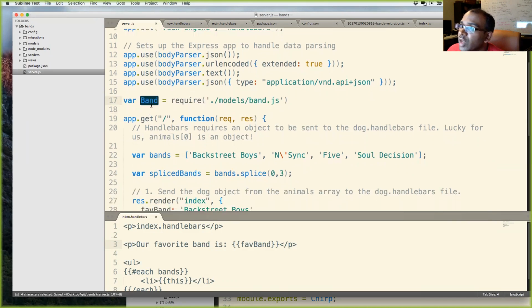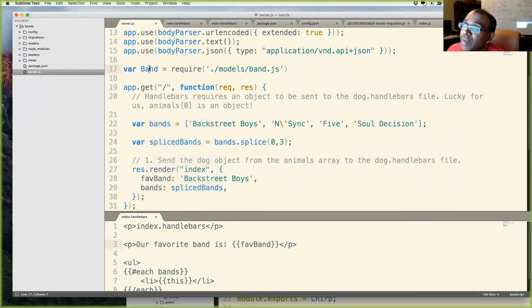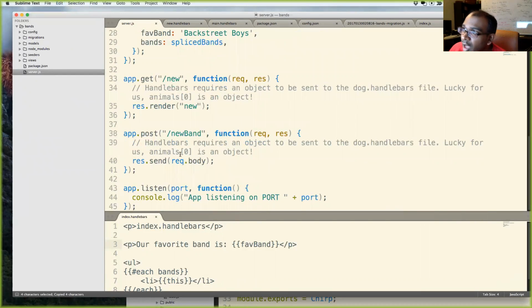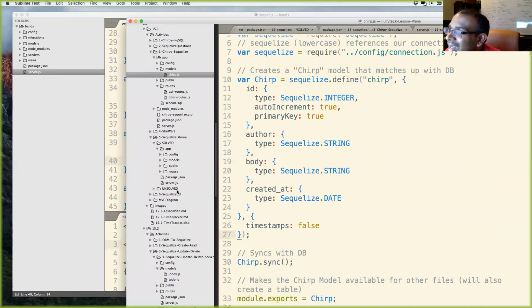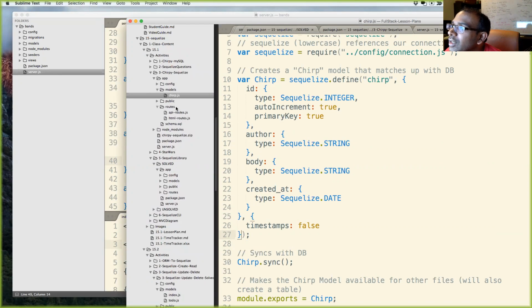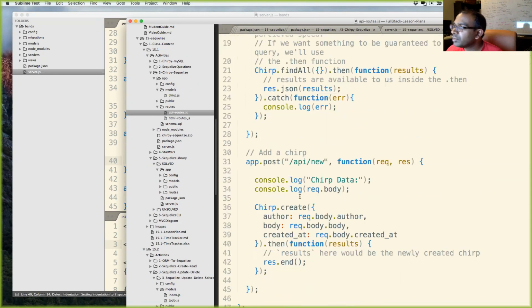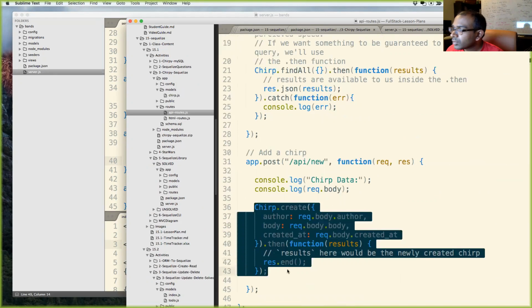So what I'll do is create the band here instead of just sending it back. I'll do Band.create, and I forget the syntax. So I'm going to go over here to the API route and go down. Copy this over.